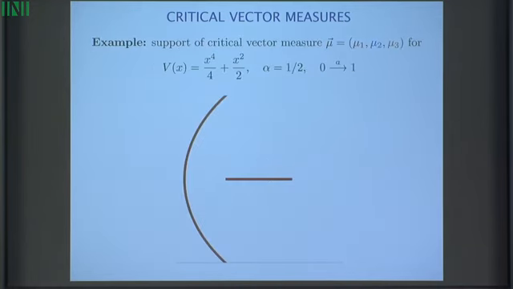Okay, so just to illustrate, this is an actual calculation, although it was done by Guilherme, my co-author. We took the case where everything is known, the quartic case. We have this polynomial, a symmetric quartic polynomial. Alpha we took symmetric, 1/2. Everything is proportional. And we just make A go from 0 to 1. So when A is very close to 0, basically what is happening is the following. Colors here are not totally clear, but this is the measure mu1.